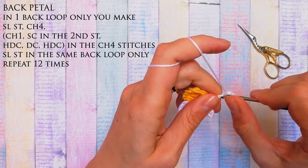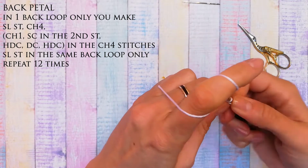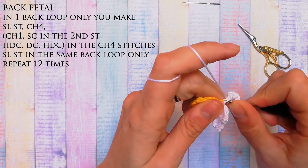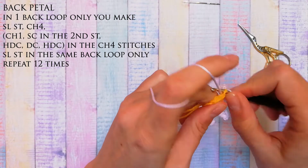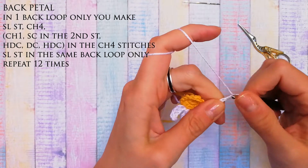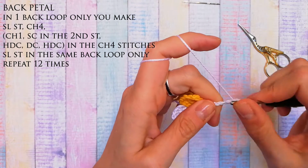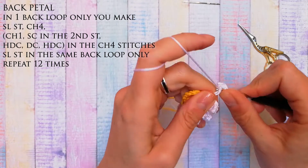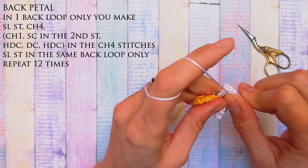So it's a single crochet, a half double crochet, a double crochet, and a half double crochet, and a slip stitch. Slip stitch, 4 chains, 1 more chain in the second one from the hook, a single crochet in the next one, a half double crochet in the next one, a double crochet in the next one, a half double crochet,